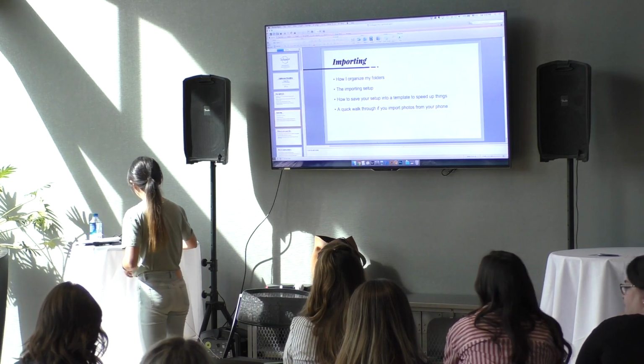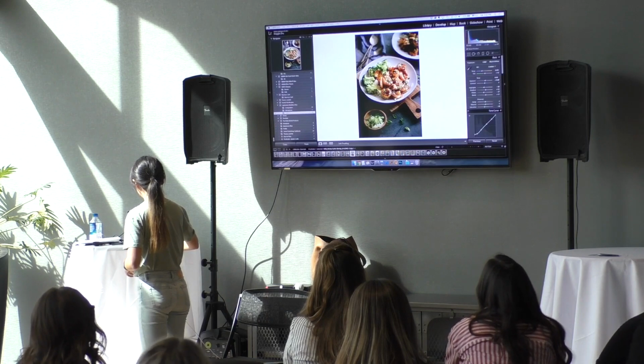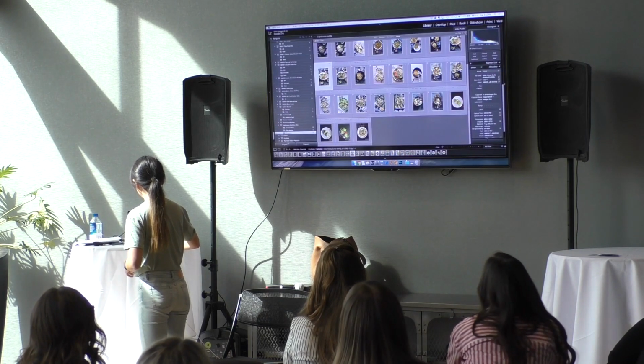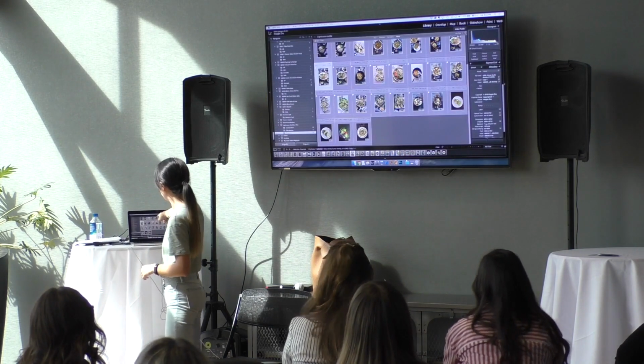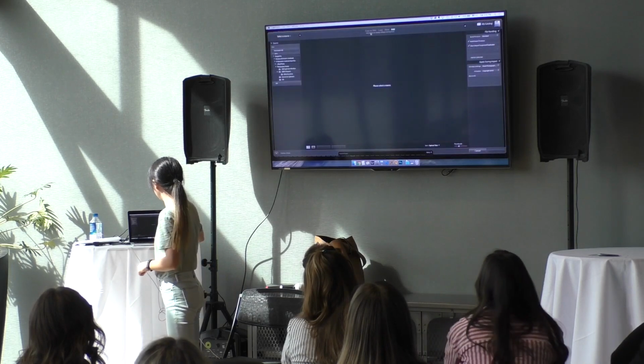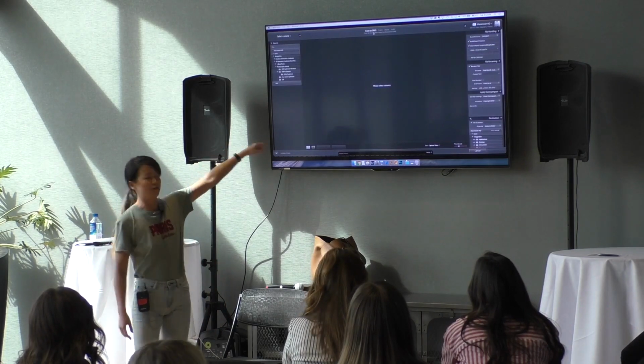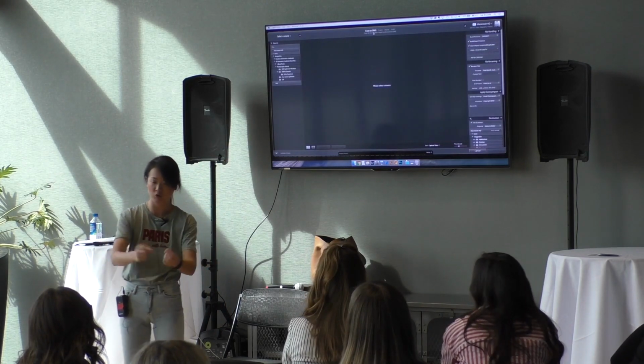When you import, actually I'm going to talk about this very quickly. I'm going to show you later. But what I do when I import, I usually use copy as DNG. What I do is, after you shoot, you have the SD card.